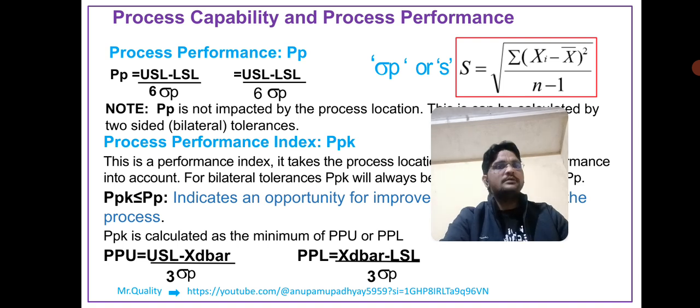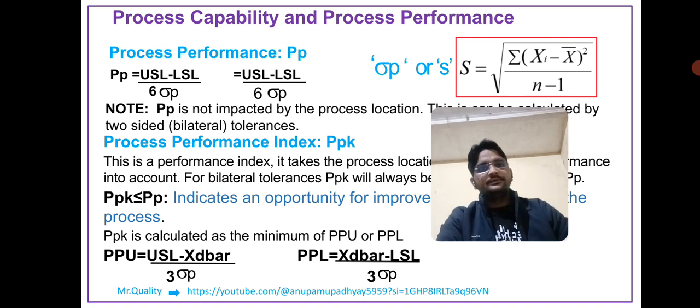P is the total process variation, between subgroup and within subgroup, both common cause and assignable cause. Both are present. The sigma P or sigma S formula is the square root of the summation of (xi minus x bar) whole squared, divided by n minus 1. Note,